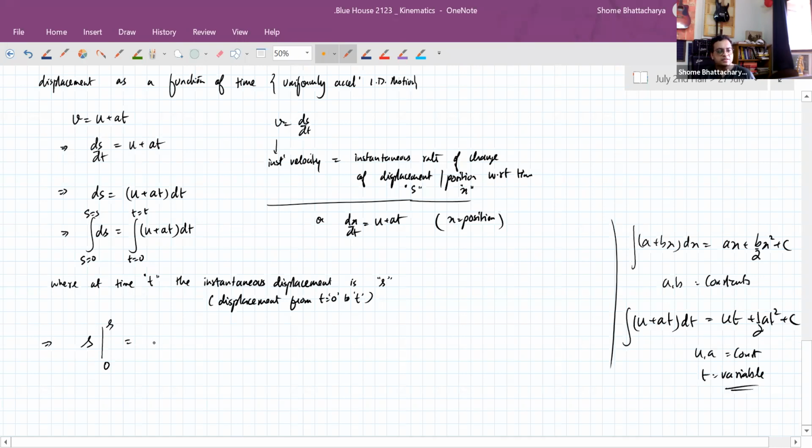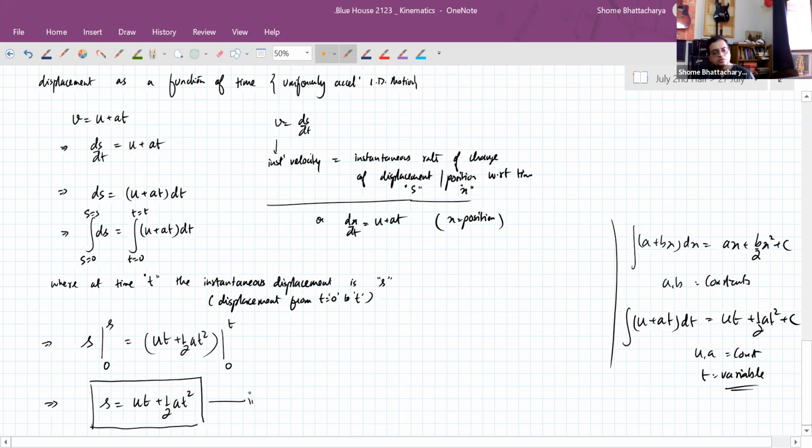So the right hand side becomes ut plus half at square, and on that the limits are from 0 to t. On putting the limits, you get the standard equation that you're used to, which is ut plus half at square. So this is the calculus derivation for the second equation of motion, which gives us displacement